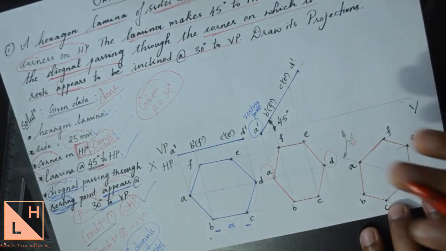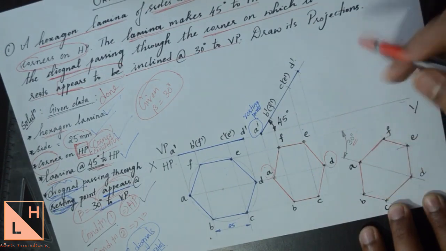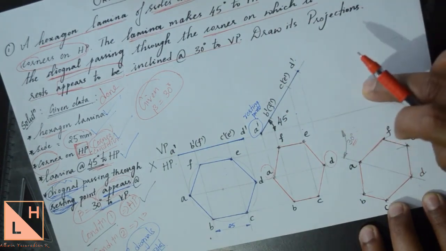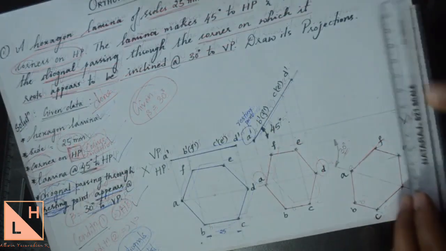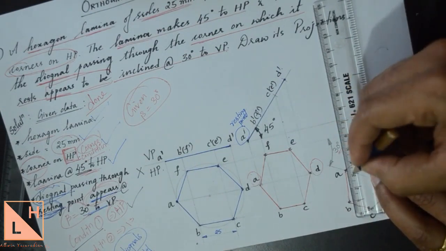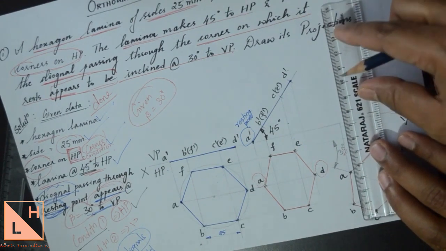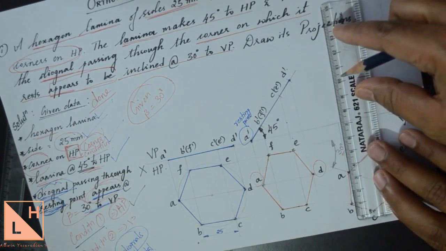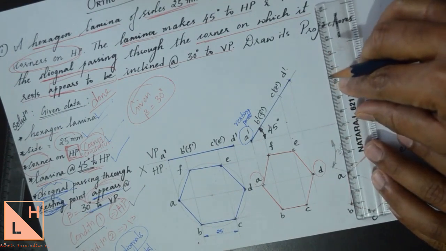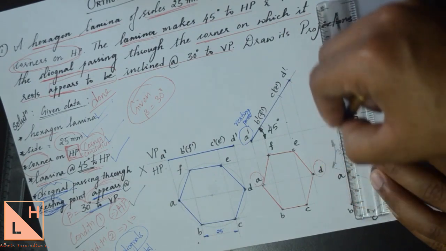To generate the final position, front view, from here, draw projection lines from every point. Starting with A, join it till A dash. Starting with B, join it to B dash. Like this, we'll draw a vertical projection line from A. You need to draw this line till it reaches the horizontal from A dash. Again, keep the line straight from B vertically. Draw this vertical line till it touches the horizontal line from B dash.